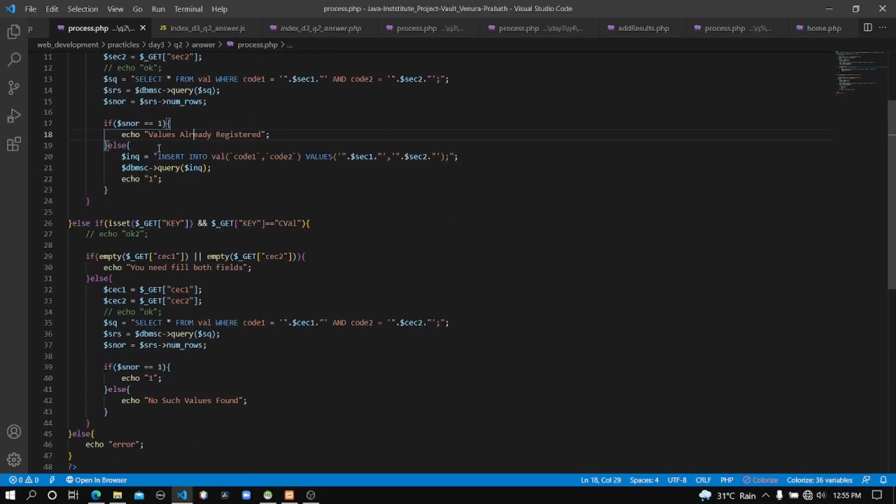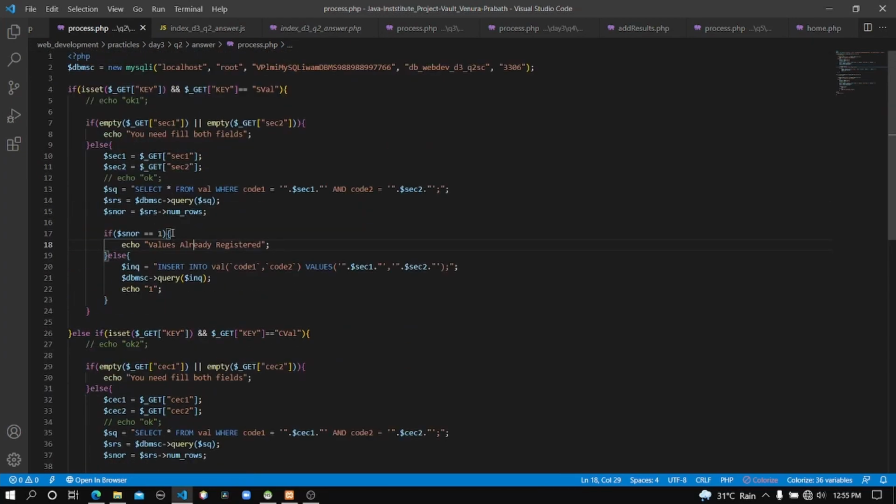Okay, after that there's another if and else, an if else ladder, and in the if condition you can see it will check if snor is equal to 1. That means there's a record in the result set.